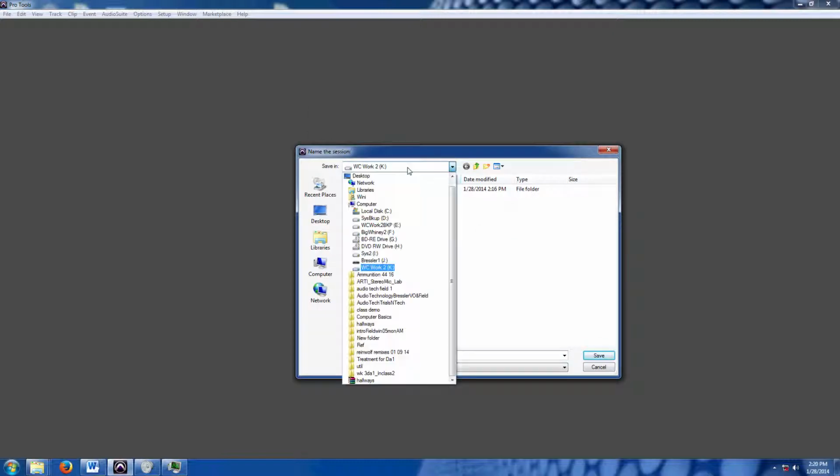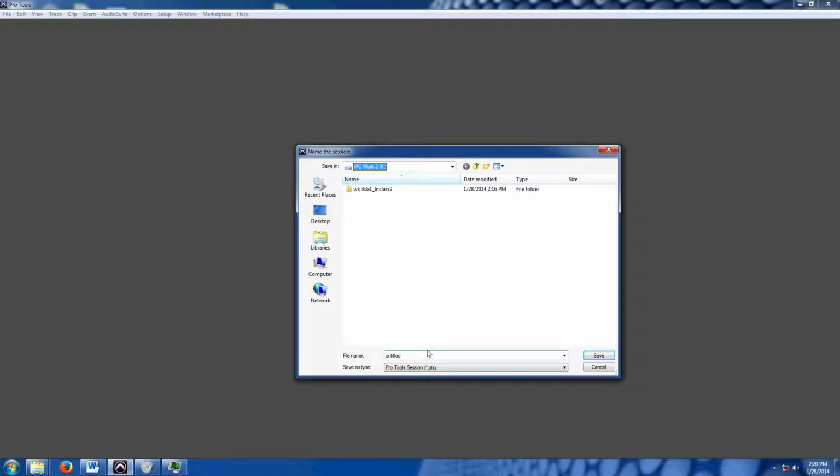Working on a PC today, and I'm going to be saving onto WC Work 2 here. I'm not going to create a folder this time, but if you were working on a larger project that had several different Pro Tools sessions, you would choose to do so. And usually on a Mac or PC, you can just find the new folder button and it should create a new one. Pro Tools has some automatic file management that it does. The folder structure, this is one from a previous Pro Tools session, is basically preset as you name the session. So this is file management,